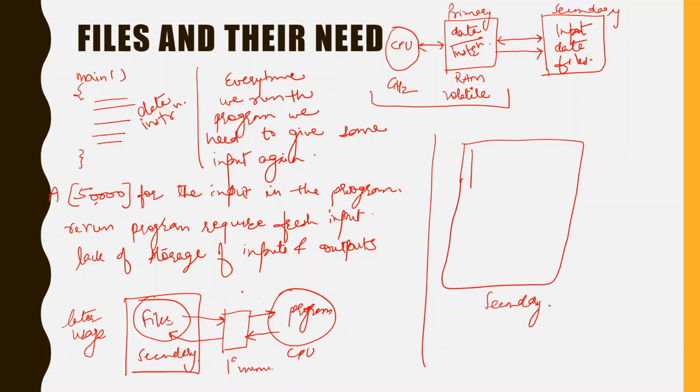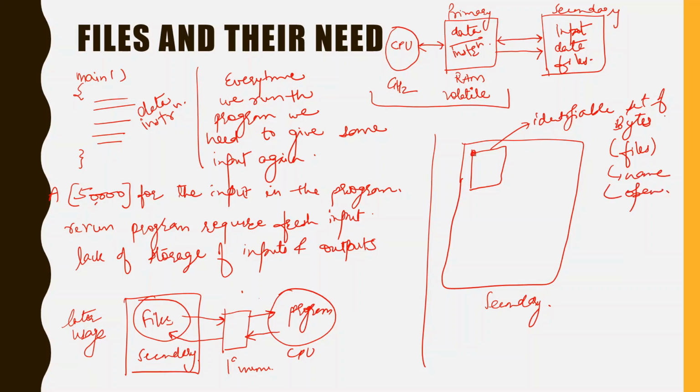Now this large storage is converted into some identifiable set of bytes. I am terming it as an identifiable set of bytes. These sets of bytes together are termed a file. A file has a name. It can be opened. Open simply means knowing its base address. And it can be closed after use, and there are other operations also that we will see in some moment. In this way the complete secondary storage is divided into identifiable blocks which have their unique names and can be identified differently.